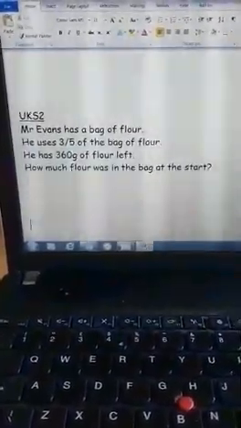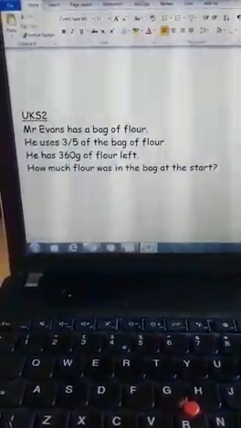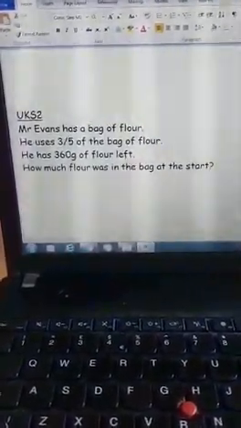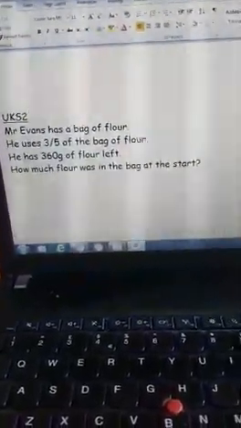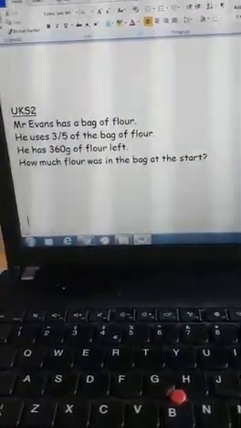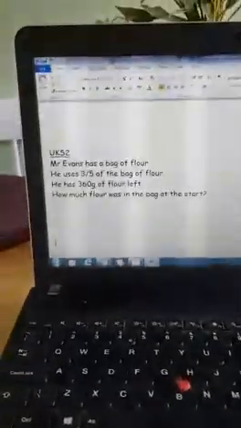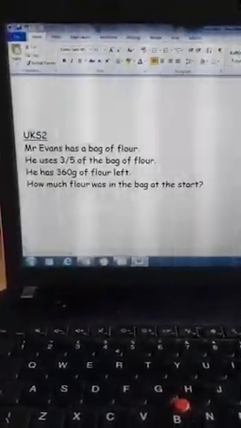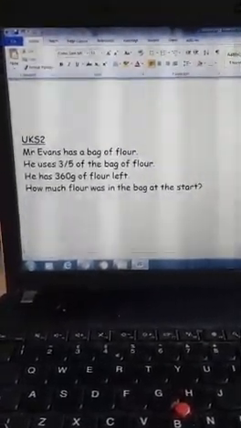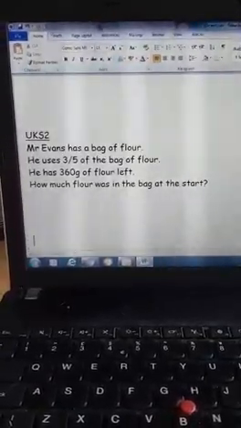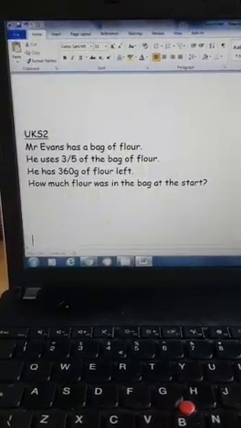Bar modelling is fantastic for fractions questions. So Mr. Evans has a bag of flour. He uses 3/5 of the bag of flour and he has 360 grams left. How much flour was in the bag at the start? So